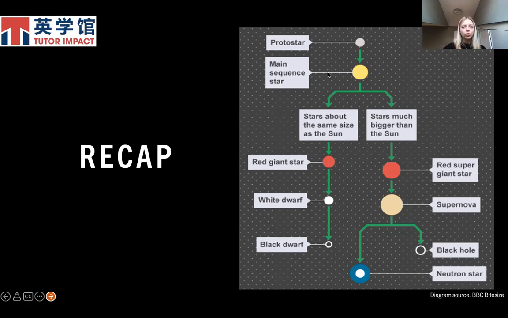Now, once those forces are no longer balanced, so once one is bigger or smaller than the other, we then move on to the red giant stage. And as you can see, the red giants are both the same on either side, they're just different sizes. So a star becomes a red giant once all of the hydrogen has been used up in fusion, and we lose one of those balancing forces, which means that the fusion process ends and the star begins to expand to become a red giant. And as I said, this stage is the same on both sides, it just depends on the size. However, the size then plays a factor when we move on to the next stage,